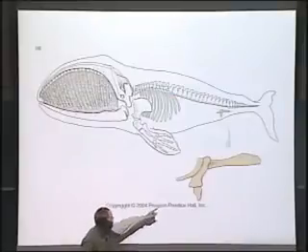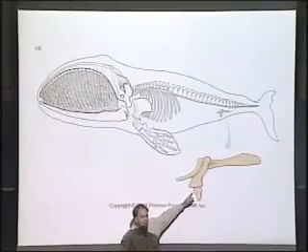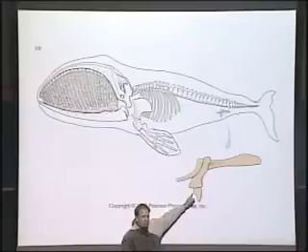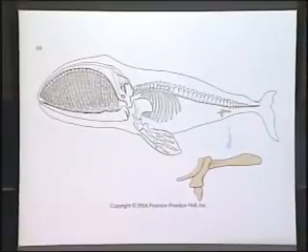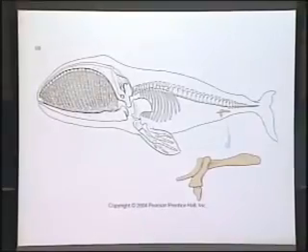So why do you have these little tiny bones that appear to serve no purpose in a whale? Well, the idea is that the ancestors of whales had 4 limbs, just like we do. They're tetrapods that just happen to go back and adopt an aquatic lifestyle. And as an aside, I'll talk about this later as well, but whales for a long time were really problematic, not because